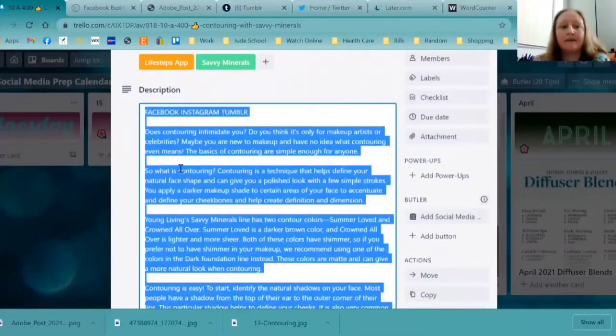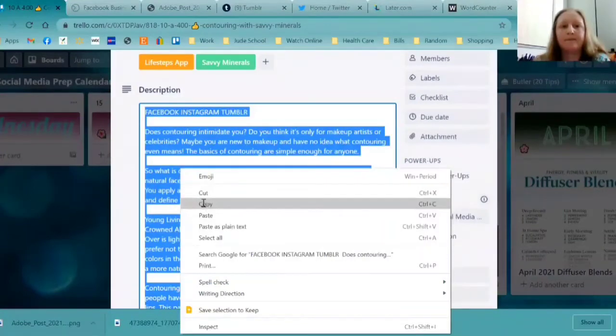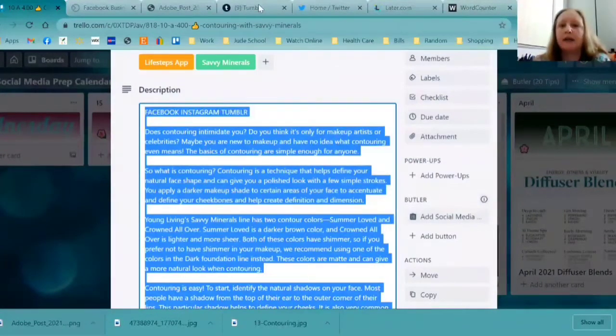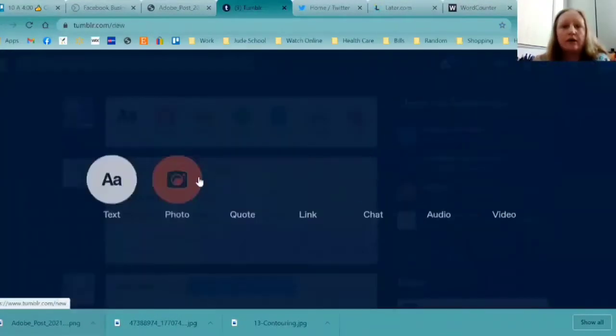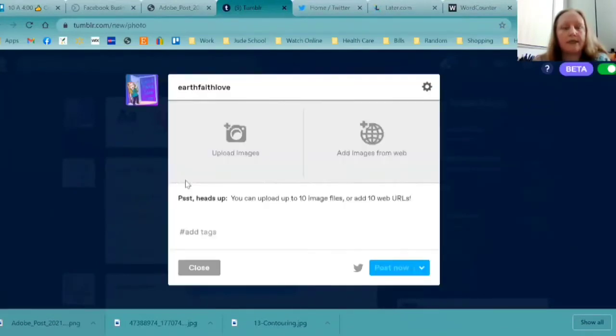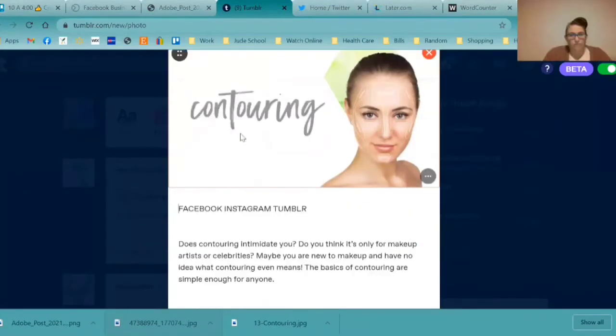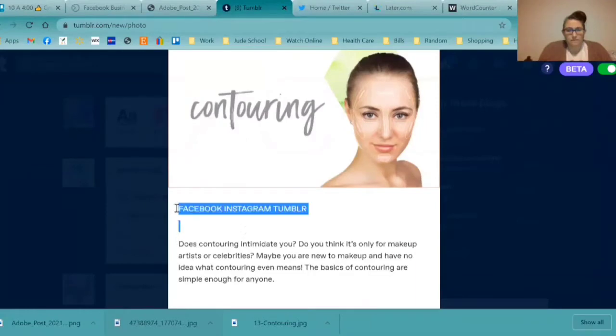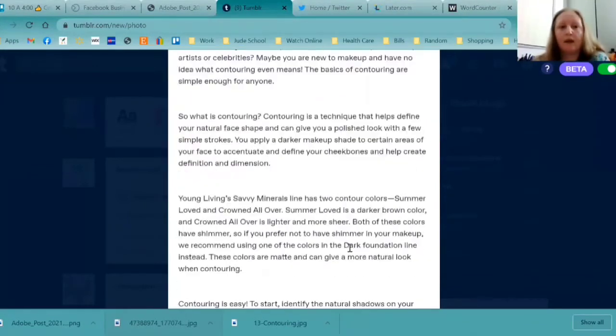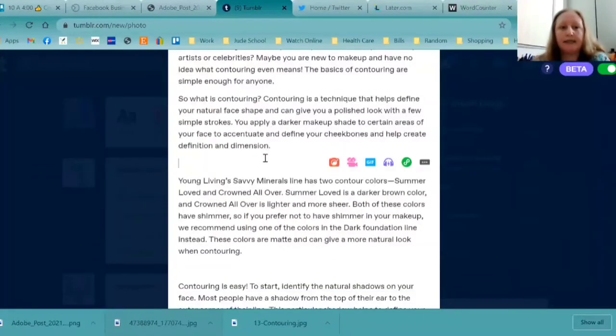Now Tumblr, the reason I love Tumblr is I do it a little bit more like a blog. So I'm going to start out here with this picture, the contouring rectangle. And then I'm going to put my description. I delete these spaces.